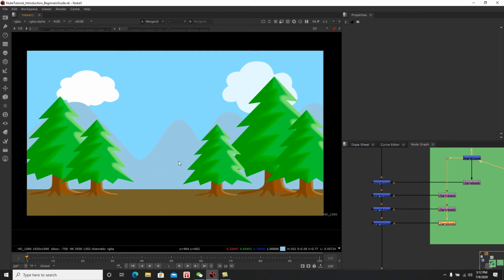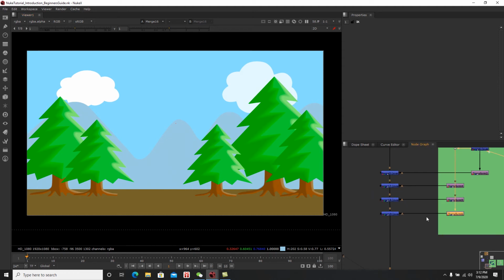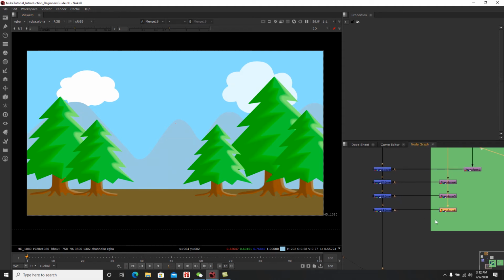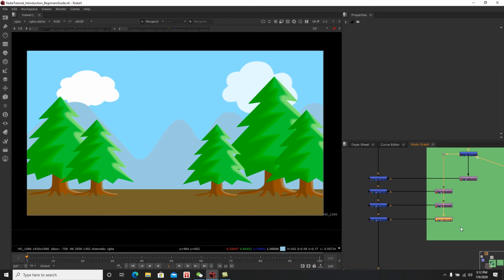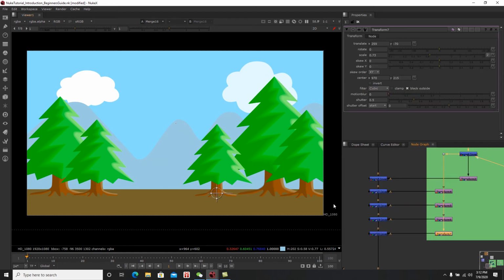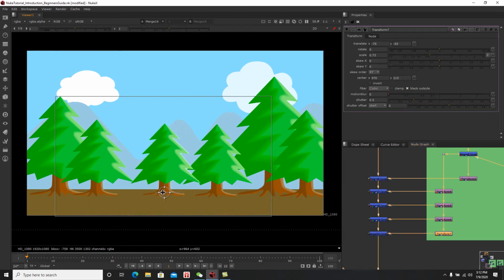You could add another tree over here if you want. Okay, with a different form, of course. So let's try that, shall we? Let's copy the setup again. Okay, connect the transform over there. Put the merge tool over here. Now you could move it like so